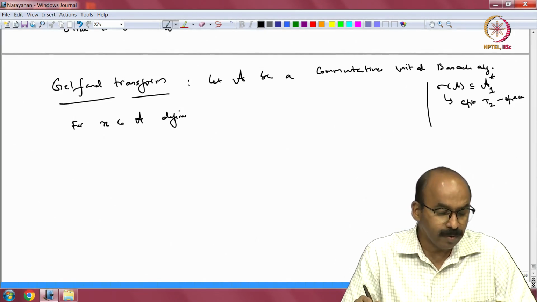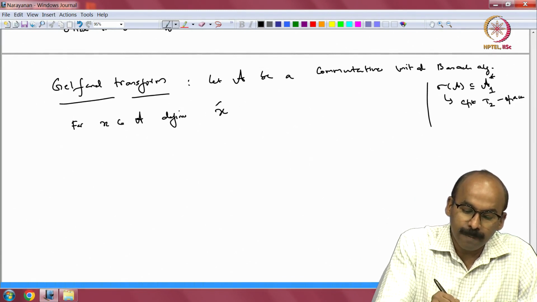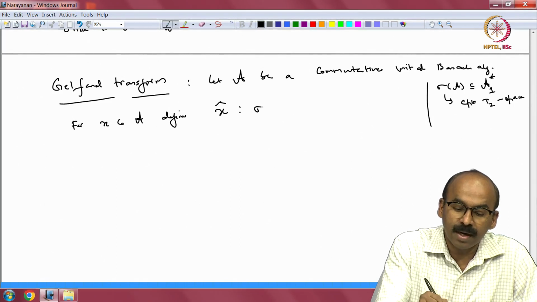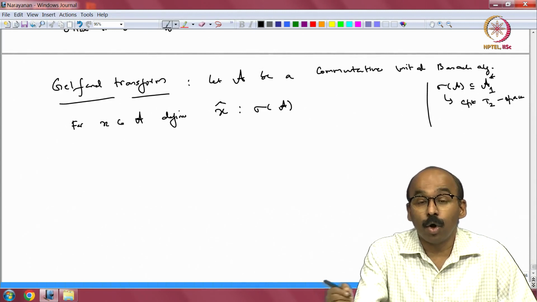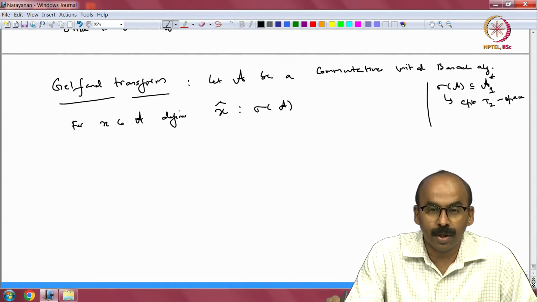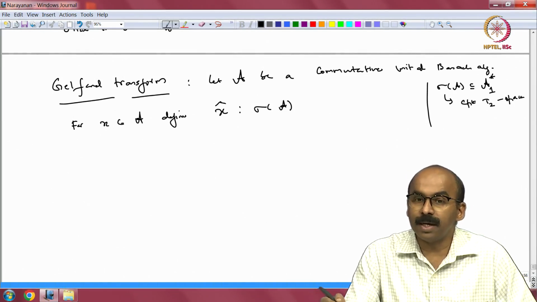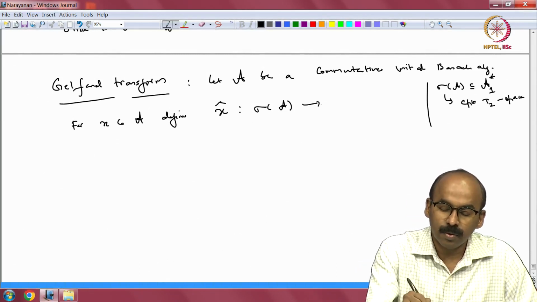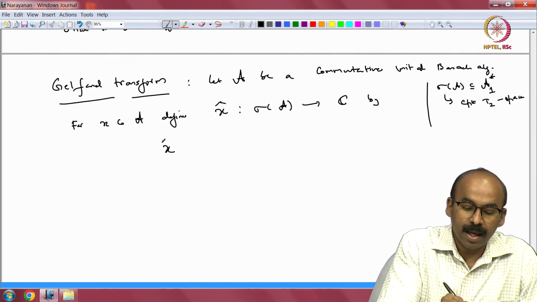Now, we are going to define what is known as the Gelfand transform. So, define x hat. Okay. So, that is a notation. Okay. So, x hat is going to be a function from sigma A. So, what is sigma A? Sigma A is a compact Hausdorff space, right. It is sitting inside A1 star in the unit ball of the dual of A, but it is a compact Hausdorff space, and I am defining a function on this compact Hausdorff space to C. Well, the definition is very easy, x hat at